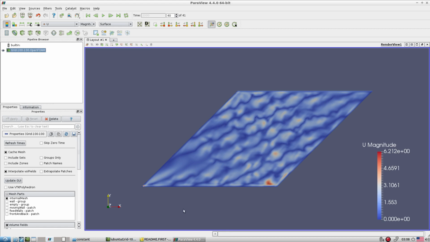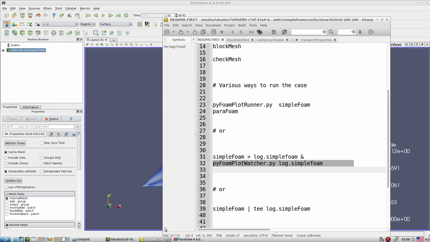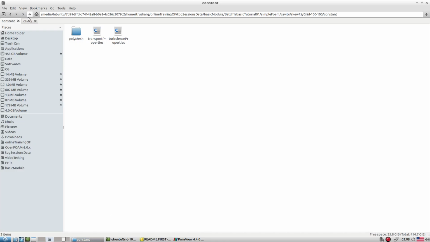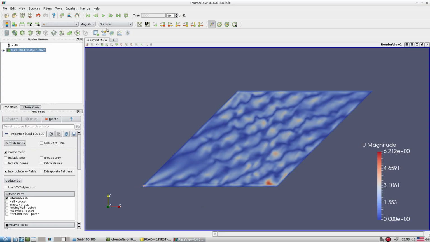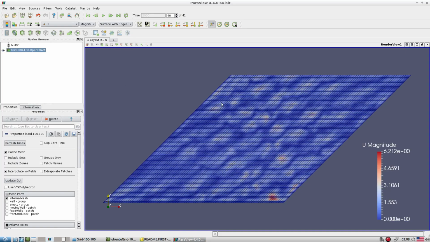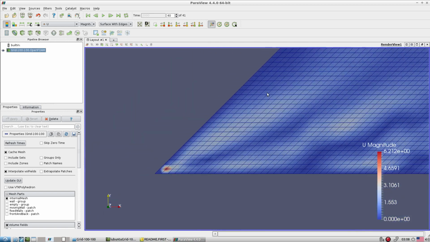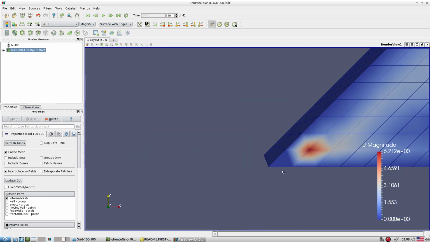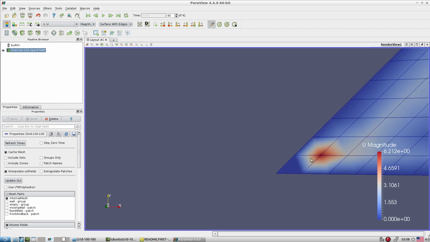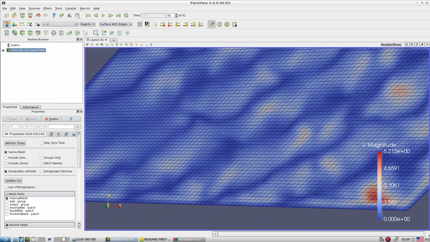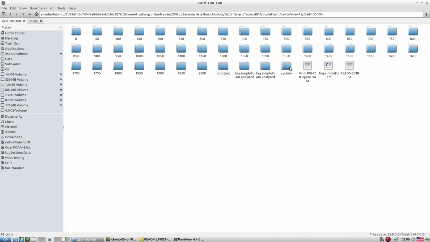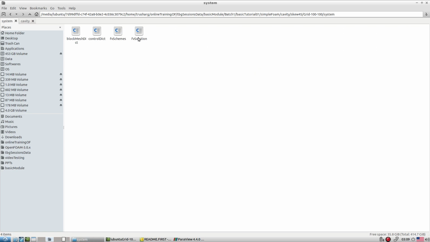Okay, so I hope that you tried to figure out what went wrong. Let me show you how you can fix this problem. So let's first look at the mesh. Let me quickly look at the mesh. Now if you see, in the previous case our mesh was orthogonal, now our mesh has become skewed. That means it is not a perfectly orthogonal mesh. So now our mesh has become non-orthogonal. When the mesh becomes non-orthogonal, certain changes are required inside the fvSchemes and fvSolution parts.